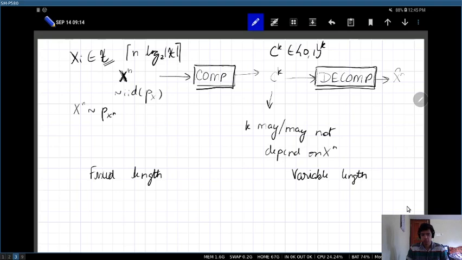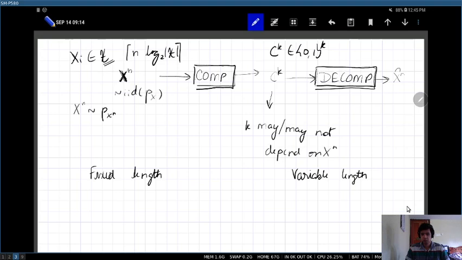So maybe for one file you can compress it down to 10 bytes. For another file maybe the compressed file is 100 bytes. And whenever you do zip or gzip or one of these lossless file compression formats, the file size is always different. For one text file, say a 1 megabyte text file, the compressed file could be 100 kilobytes, but for another text file, it could take maybe 110 kilobytes, right? So k may or may not depend on x^n, and based on this distinction,